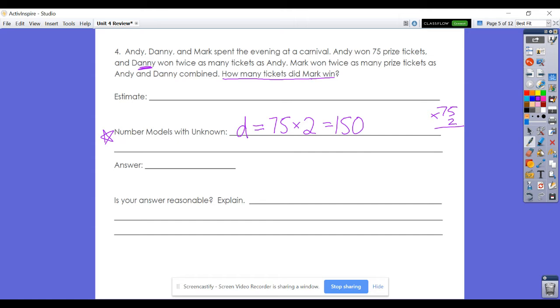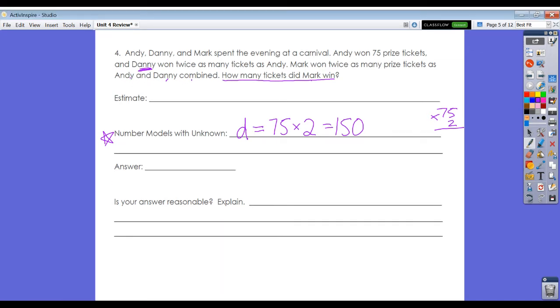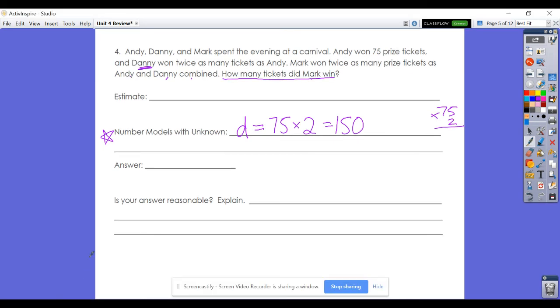Now I have to read really carefully. Mark won twice as many prizes as Andy and Danny combined. So to get Andy and Danny combined, I'm going to say, well, Danny was 150 tickets, plus Andy got 75, equals question mark, right? And then I'm going to go solve that off to the side. 150 plus 75 more. Again, maybe you could do this in your head, or you might want to write it out